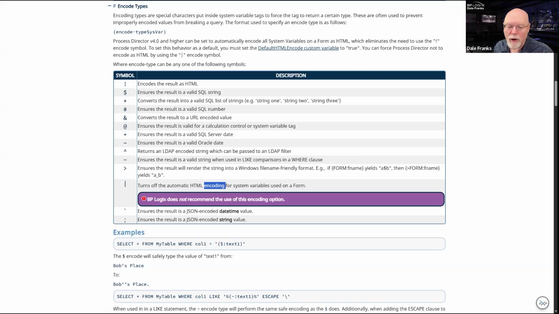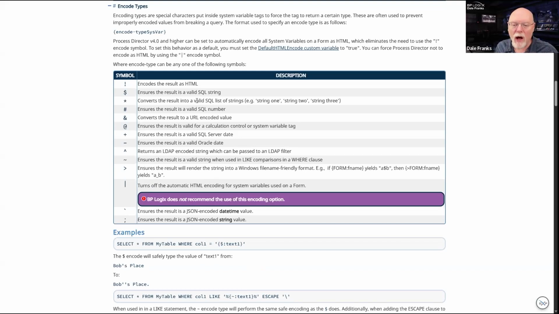Again, you have to be careful when you do that because technically it is a sort of security vulnerability, assuming somebody could get in. Let's say you were using some sort of form field system variable. Well, you don't want somebody to put a malicious link into a form field. So if it's something that is supplied by the end user, you probably would never want to use this encoding. But if it's something that you're providing and that you're confident in the security of, you're going to find this encoding character useful.